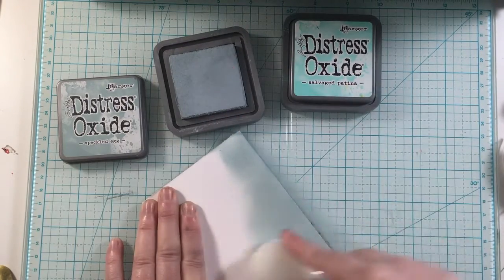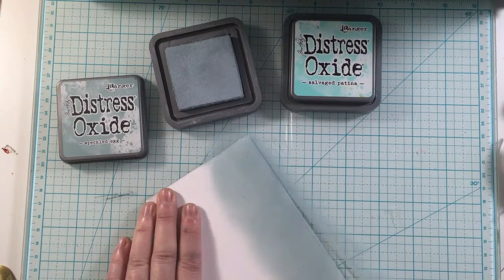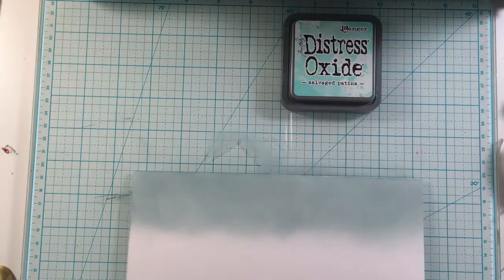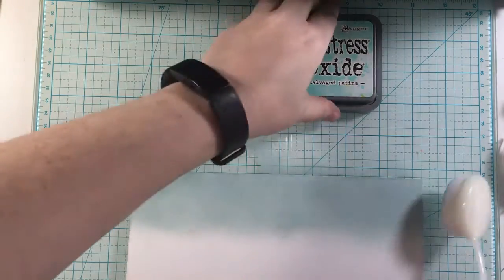But for today's card, I am just creating a slimline card and creating a little scene. So right now I am creating my background and doing some ink blending with Distress Oxide inks. I'm using Salvage Patina and Speckled Egg,